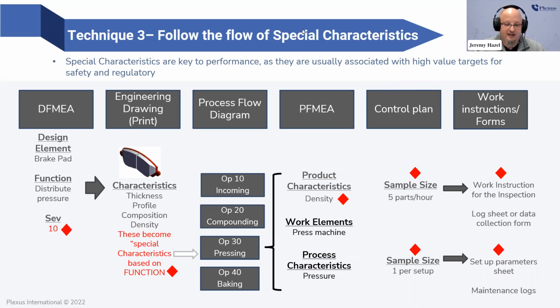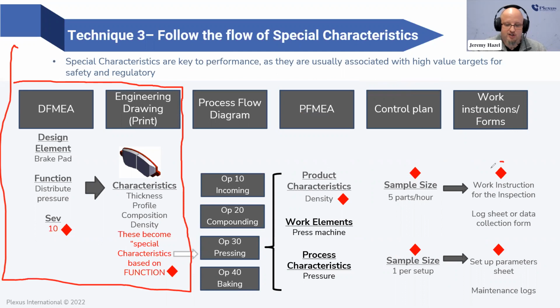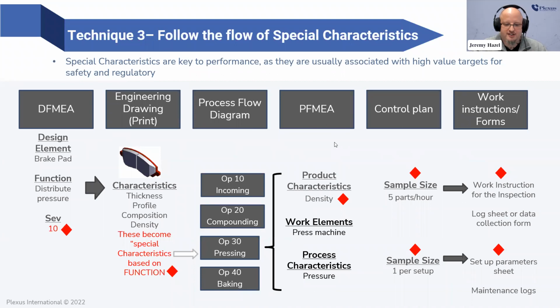And by the way, for my design folks, this also works because guess what? This little corner of the world is yours. And if you start at the floor, you can backwards compatibility your way back to the drawing, back to the DFMEA. So hunt the special characteristics,